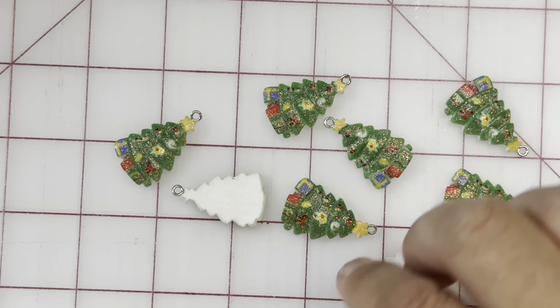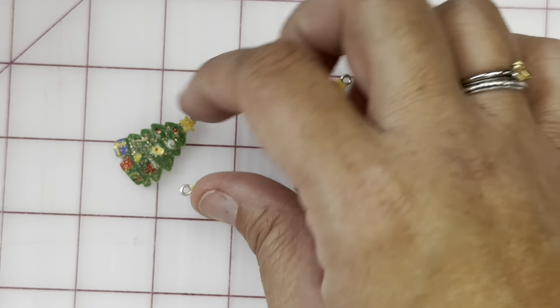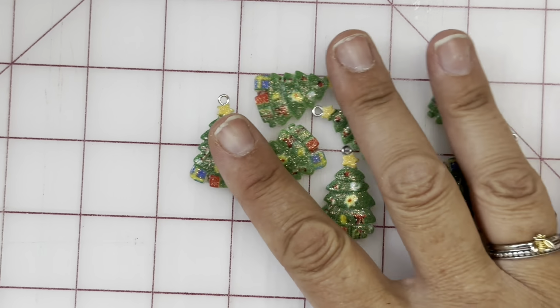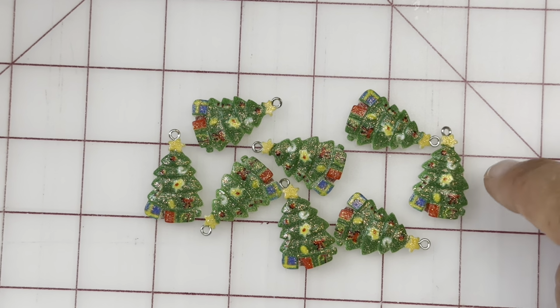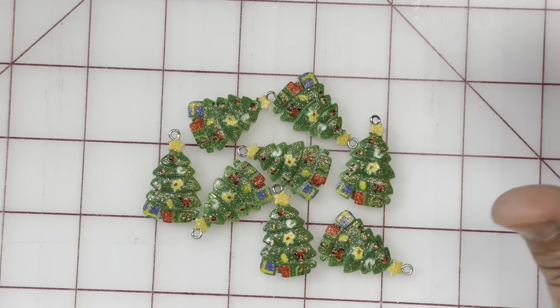Okay, I probably should have held on to these for the Christmas in July coming, but they're so cute. Look at those. I mean, honestly, these are pretty well done. This reminds me of the Spode Christmas tree. If you have those dishes, if you remember that, if you're close to my age,